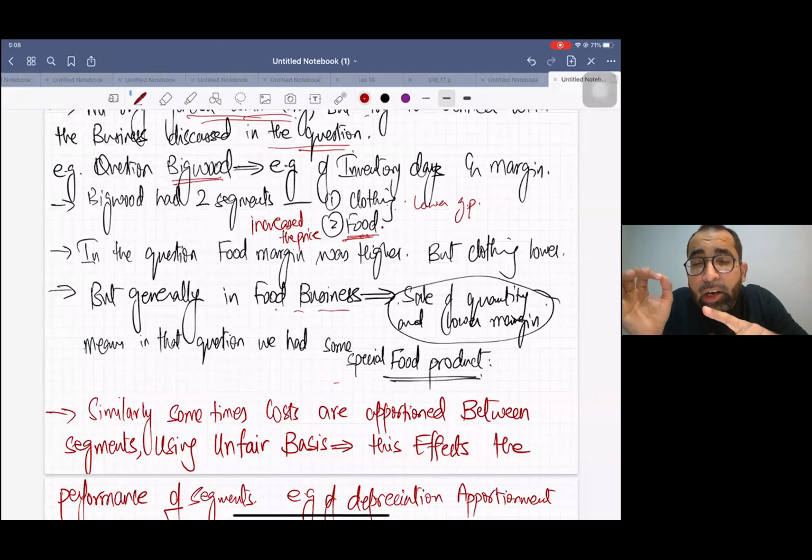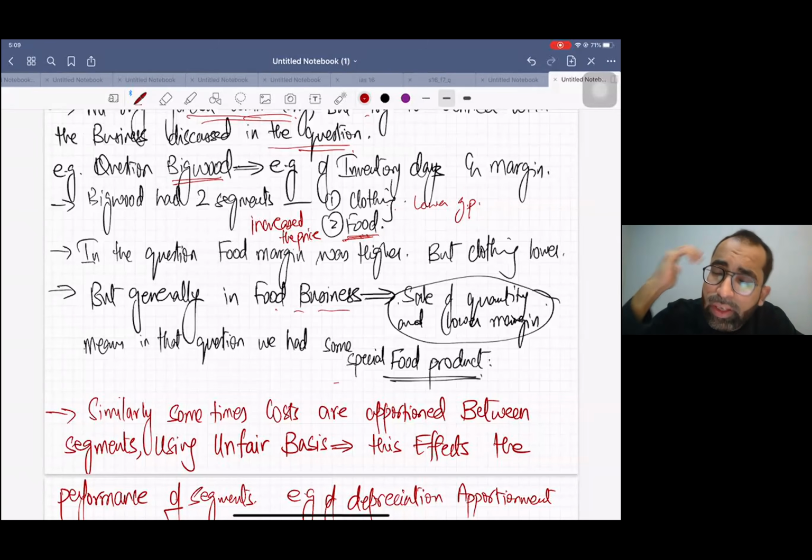So normally, according to law of demand, when you increase the price, customers go away, then your speed of sales decreases. But when we looked at the inventory days in the same question, the inventory days went down. So that means despite the increase in sale price, their sales are still very fast. That means they have a quality product or they have less competition. So you need to connect these things in the answer like this. Okay,